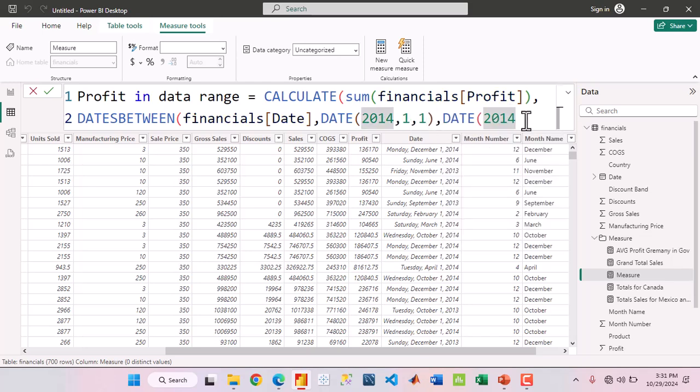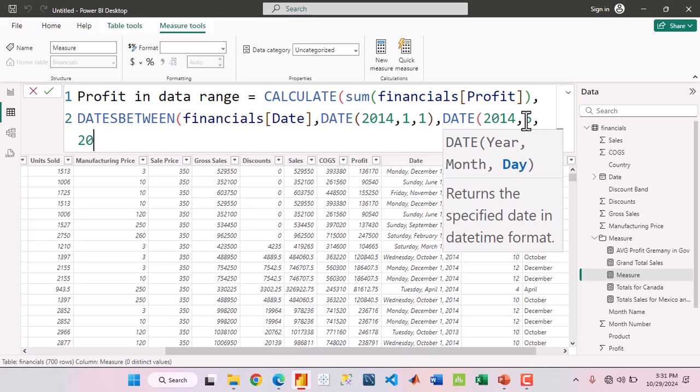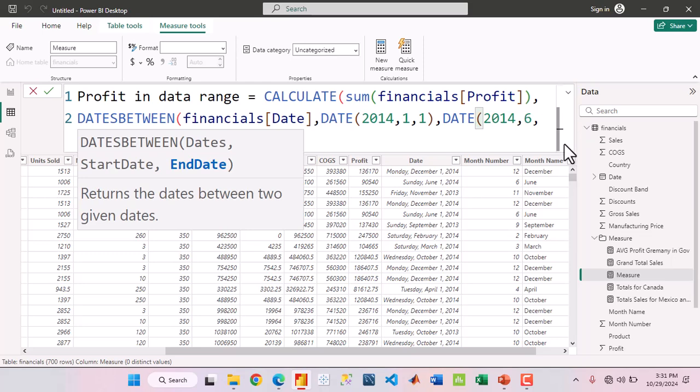Good, 2014, not 2024. So 2014, and then June is 6, followed by the day. Let's say from January 1st, 2014 to June 20th. Alright, good. And here we close the parentheses,